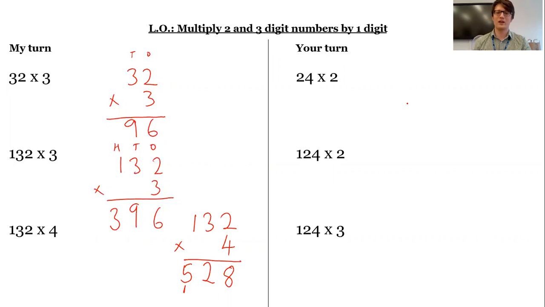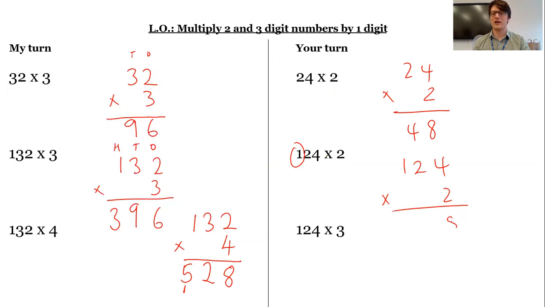Okay, here we go, nice and quickly. 24 times 2, 2 times 4 is 8, 2 times 2 is 4. And again, I'm seeing the connections between these questions. Everything stayed the same, except I've added 100. So I think I'm still going to have 48, but now I've got 2 times 1,